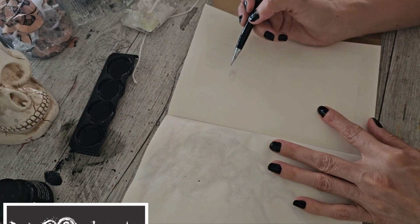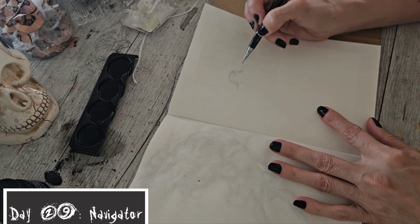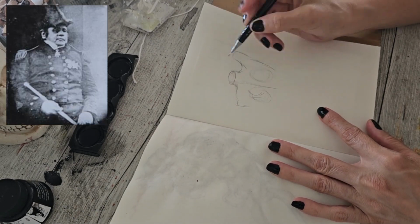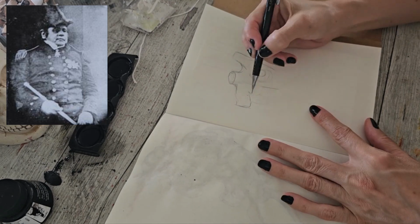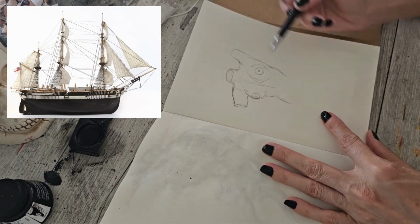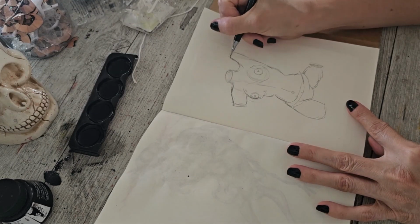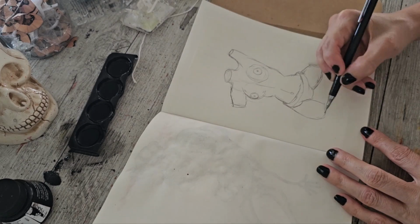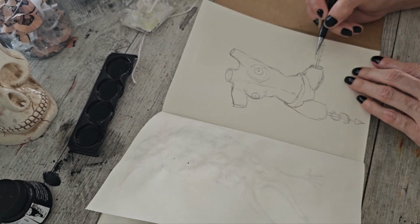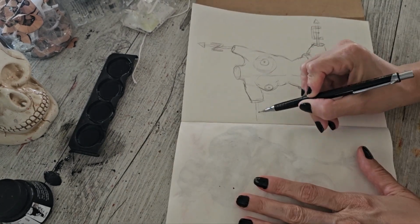Day 29 is Navigator, and I thought about the failed British voyage called Franklin's Lost Expedition. Captain Sir John Franklin departed England in 1845 on two ships, HMS Erebus and HMS Terror, heading towards the Canadian Arctic to record magnetic data to better navigation. But tragedy happened when both ships, along with 129 crew, all died,